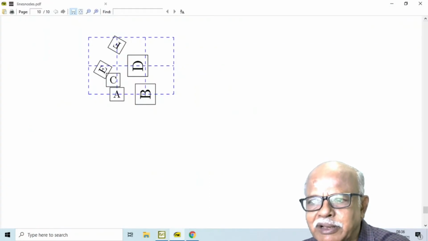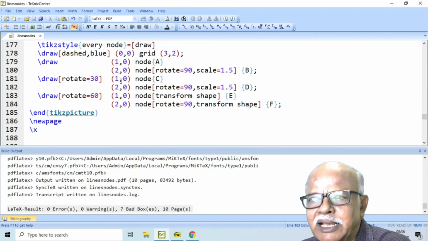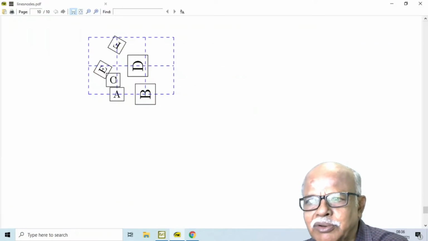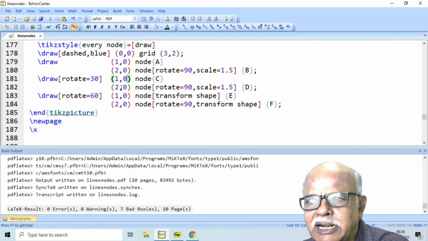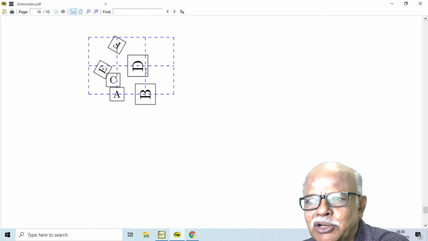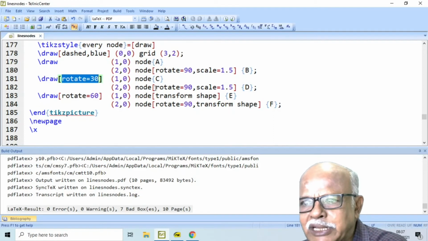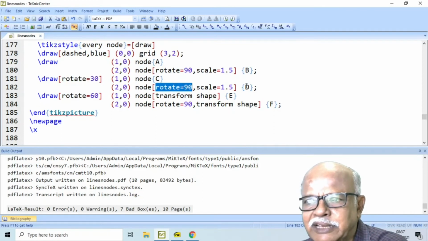Here we have it, B. And then in the next case, we use the command draw with an option rotate 30 degrees. We have a node C at 1, 0. Here we have it. And another node D. For this also we specify rotate 90 degrees. For D, this 30 degrees has no effect. Only this 90 degrees here has effect.